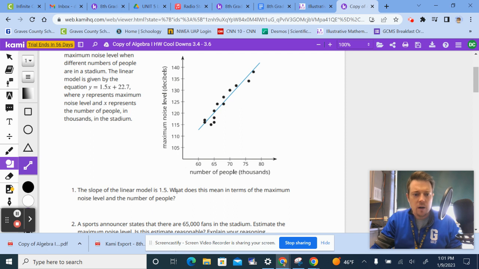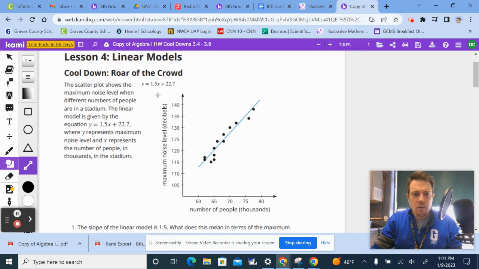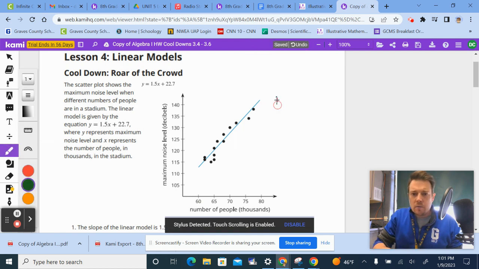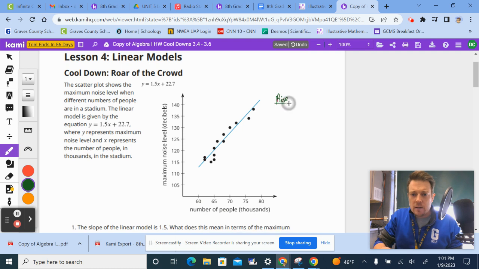The slope of the linear model is 1.5. What does this mean in terms of the maximum noise level and the number of people? Well, the slope is the rate of change. Slope is always rise over run. In this case, our rise is representing our decibel level, and our run is representing our number of people in the thousands. So 1.5 being our slope means that 1.5